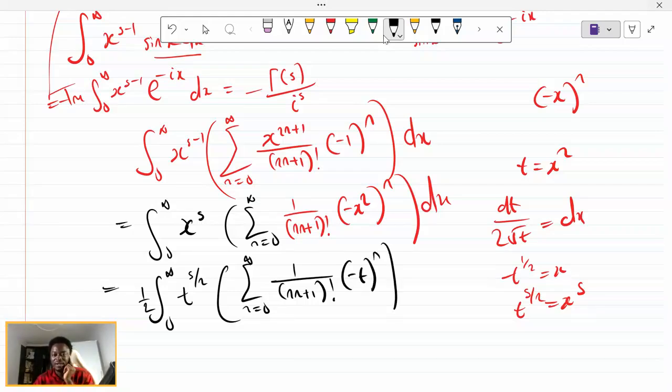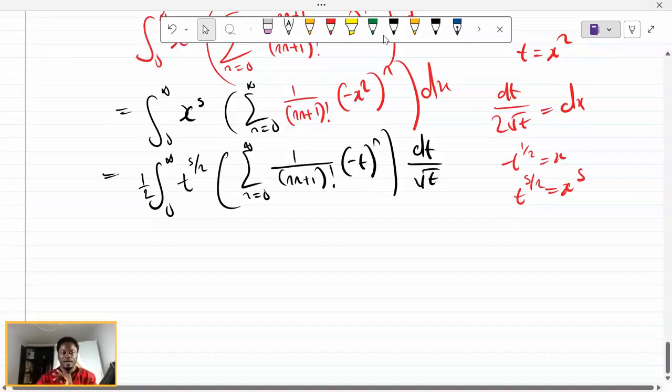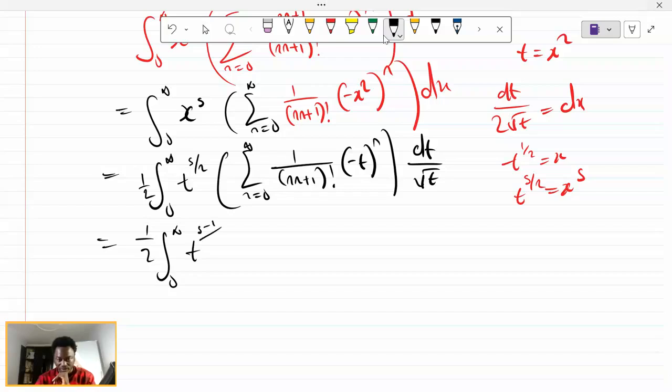Then you have dt over square root of t. Square root of t is t to the negative half, and if we add it here, we will get s minus 1 over 2. So this is half times the integral from 0 to infinity of t to the s minus 1 over 2, then the sum as n runs from 0 to infinity of 1 over 2n plus 1 factorial, then negative t to the n